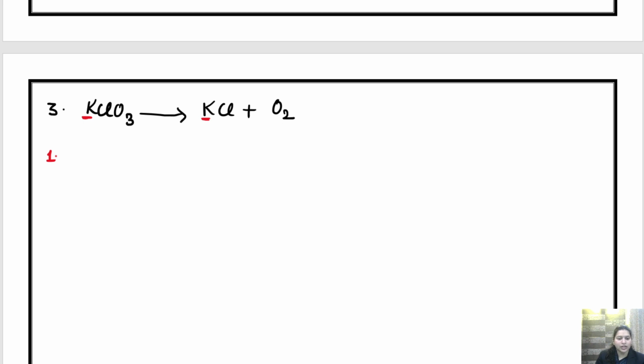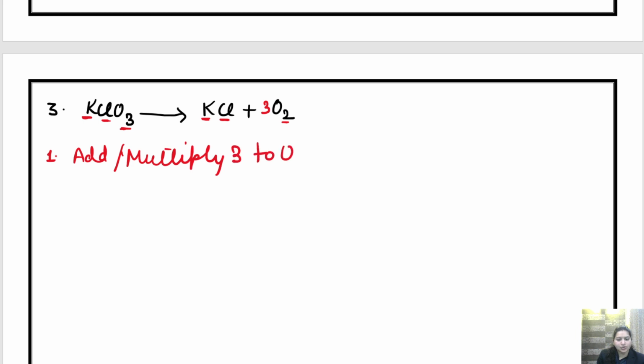What about chlorine? 1 chlorine, 1 chlorine, balanced. But oxygen, we have 3 oxygen here, but we have 2 oxygen here. So what we will do? We will add 3 to oxygen. Okay, add or multiply